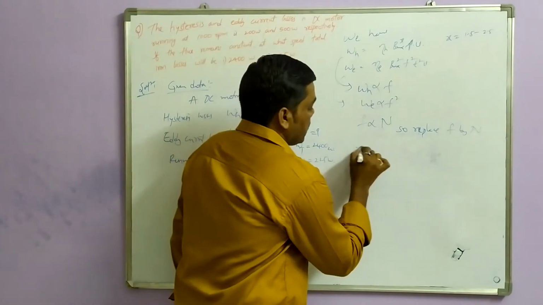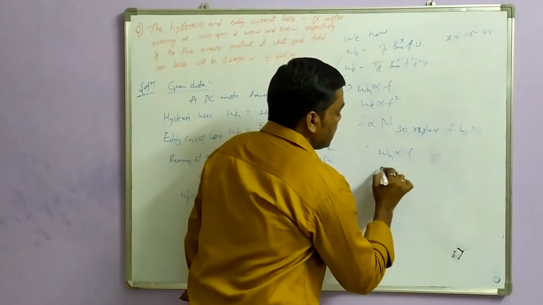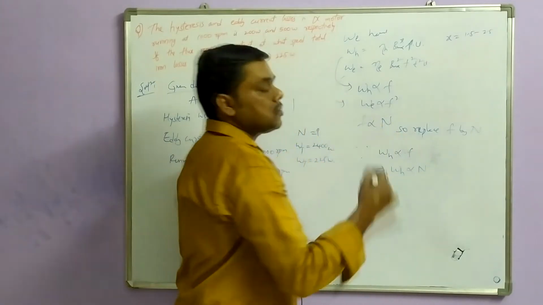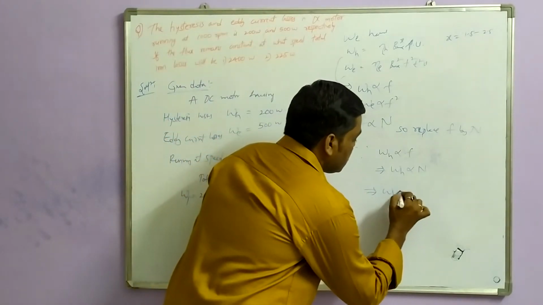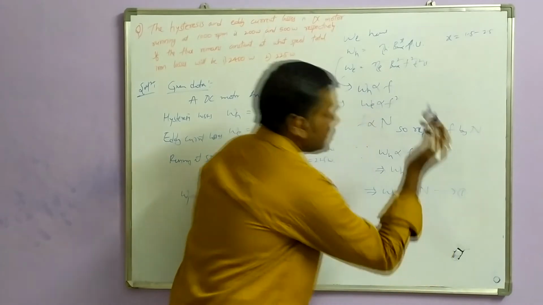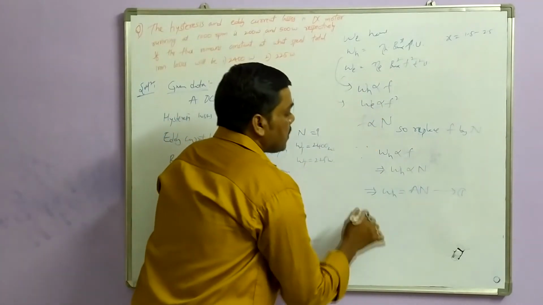So we can write that WH is proportional to frequency, which can be written as WH is proportional to speed, so that WH is equal to some constant A into N. This is equation number 1. And from eddy current losses,